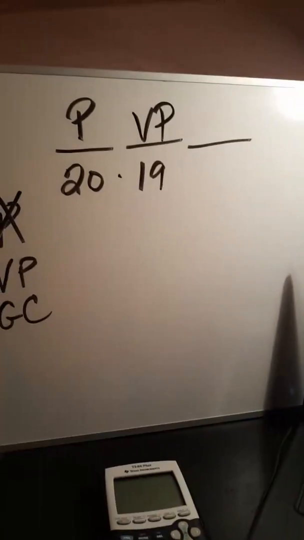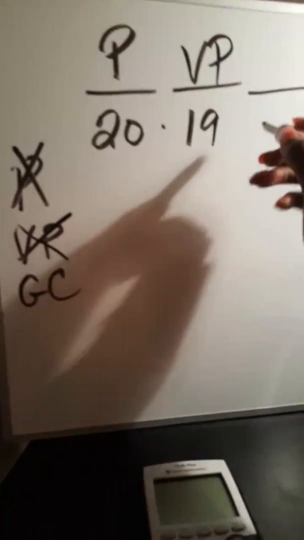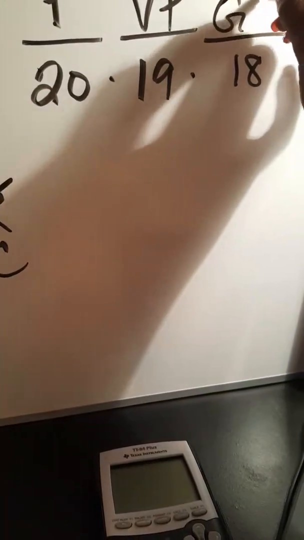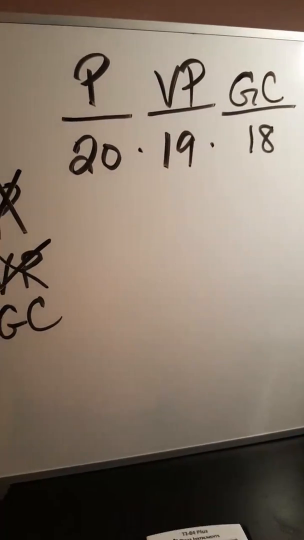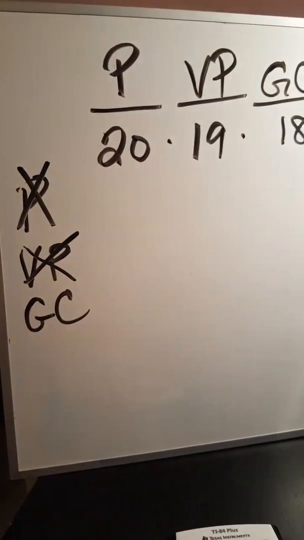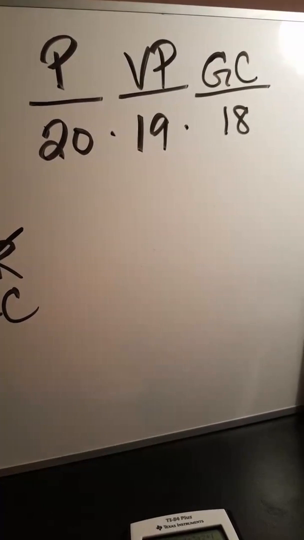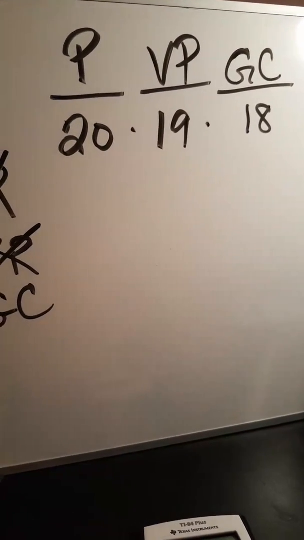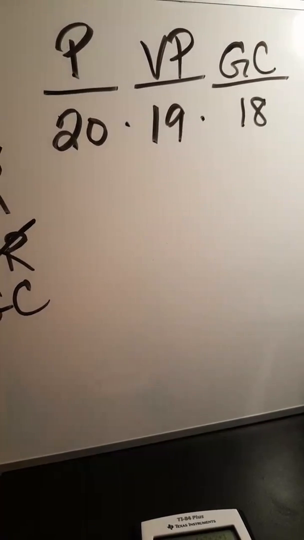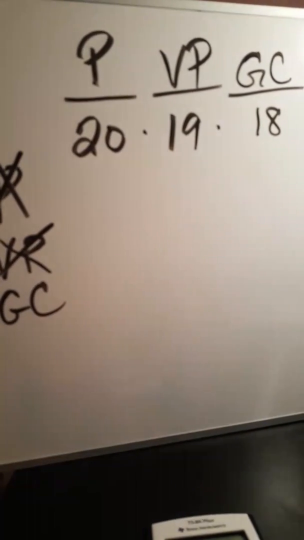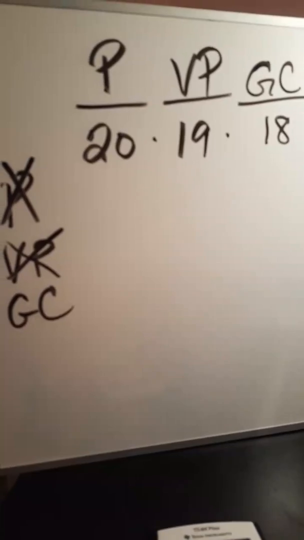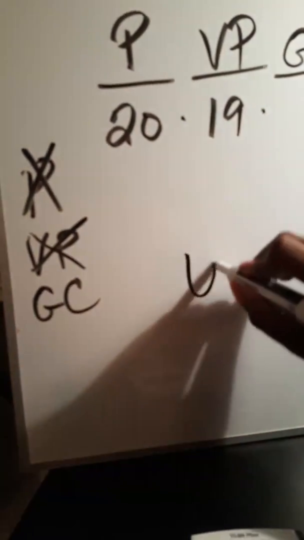Then, out of the 18 people left, someone has to be the Greek council. We just stopped there because we only cared about the first 3 positions. So we have 20 times 19 times 18, and our answer is